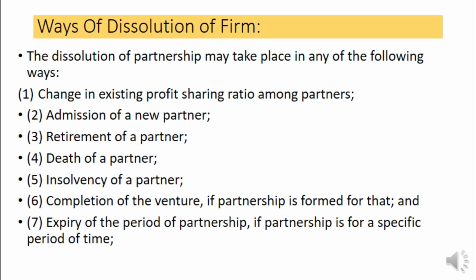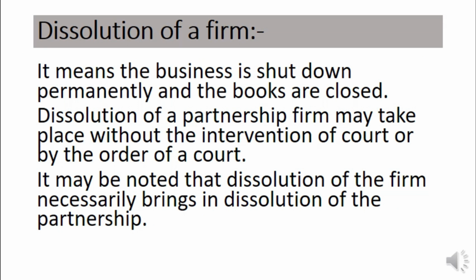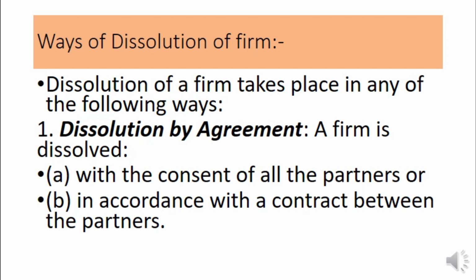See, dissolution of partnership may take place for any of the reasons mentioned above. But dissolution of firm means the business is shut down permanently and the books are also closed. Dissolution of a partnership firm may take place without the intervention of the court or by the order of a court. It may be noted that dissolution of firm necessarily brings in dissolution of partnership. The ways of dissolution of firm can be dissolution by agreement. It means a firm is dissolved with the consent of all partners or in accordance with a contract between the